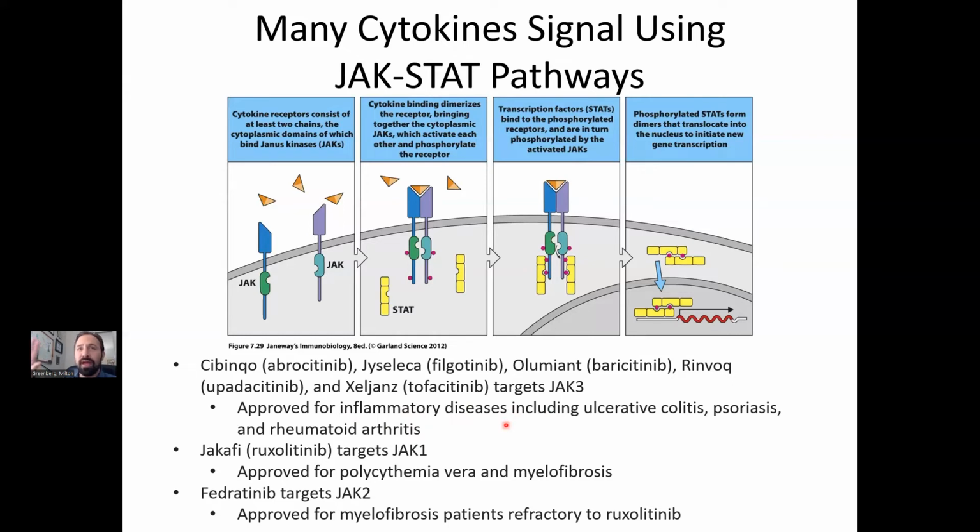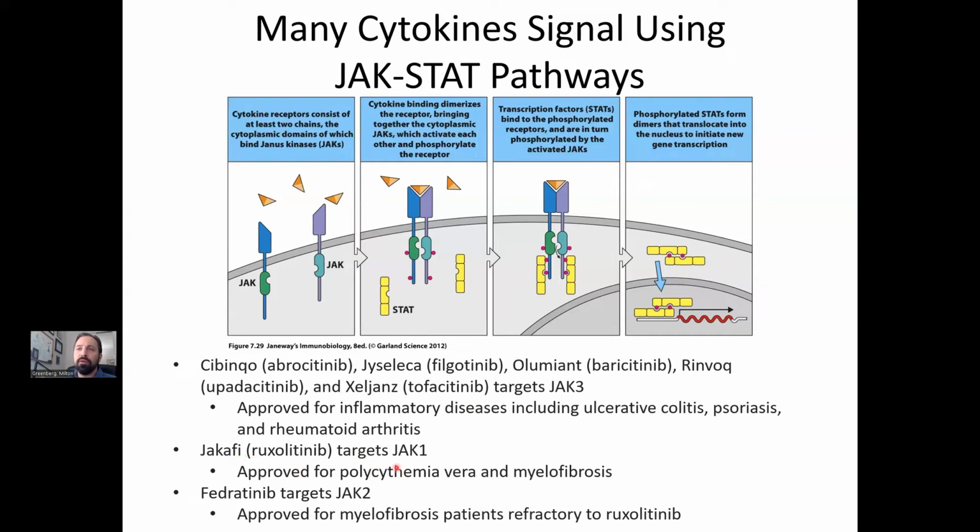And one way to damp down the inflammation, but without doing a total sledgehammer on the system, is to use JAK inhibitors. And these JAK inhibitors that target JAK3, they also have other activity on other JAKs, but JAK3 is really one of the dominant Janus kinases. These can then block a lot of the activity of those cytokines. We also have other Janus kinase inhibitors approved for myeloproliferative diseases. Those are some bone marrow cancers and things like that. So this is going to be